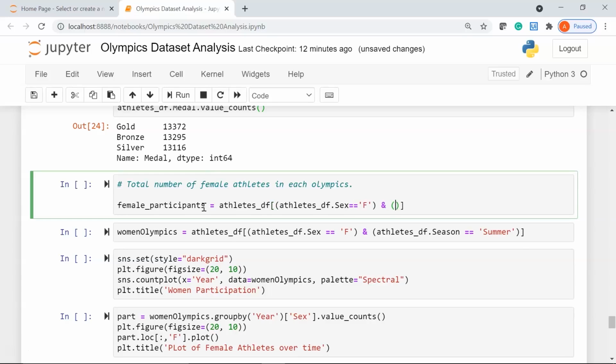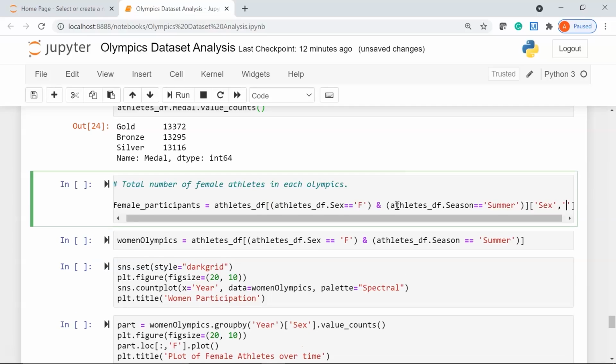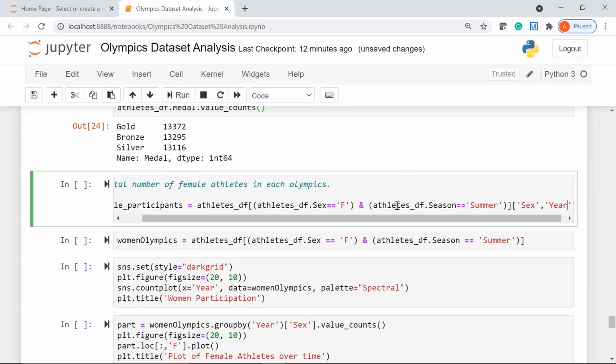I'll say, just copy this, paste it here. I'll say .season equal to, we'll check for Summer Olympics, and I want to extract only the gender column. So here it is sex, comma, my year column, which is year. Okay,